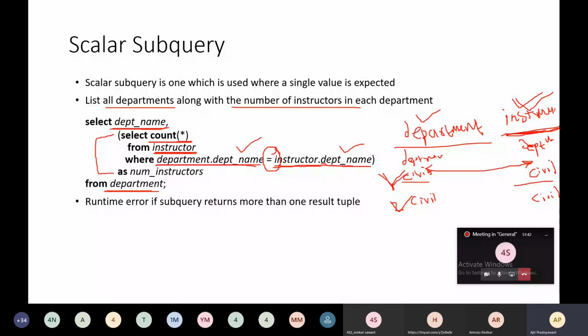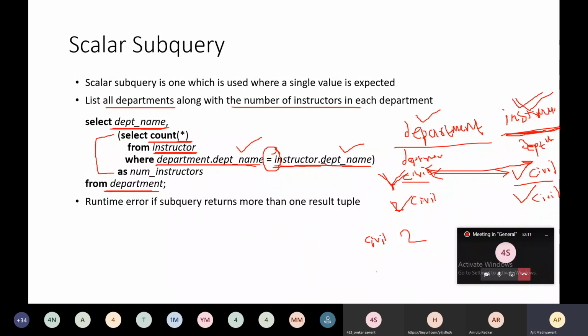The civil department is present in the department relation, and one instructor will have the department civil, and another instructor will also have civil, and it will compare. Civil will have 2 instructors, so the count for civil is 2.